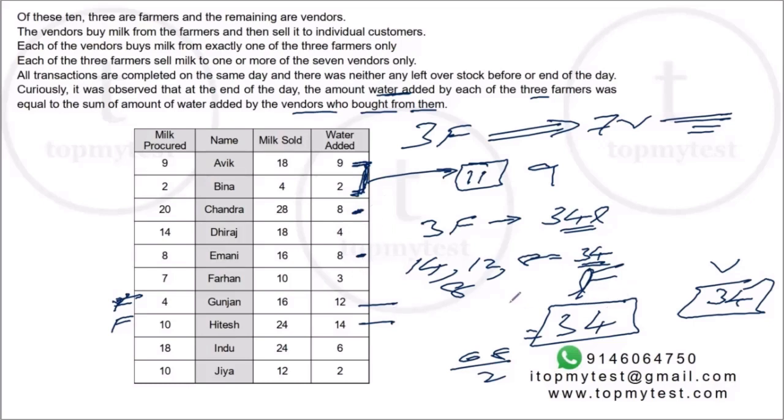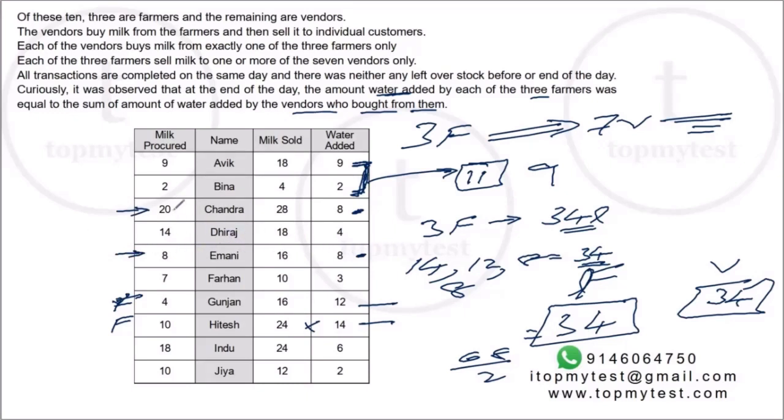Is there any other way to get 34 with just 3 people? Suppose I don't use 14. After 12, the next highest is 9. That's 21, and I need a 13. Not possible. You can do 14, 9 and 3, but that is only 26, even with the 3 people. So there is no way. 14 and 12 are definitely there, and the third one will be 8. That's the only way to get 34. Now, one out of Chandra or Imani has to be a farmer.